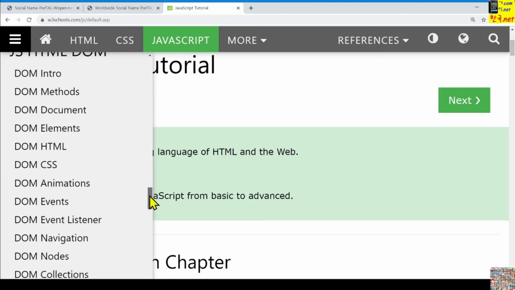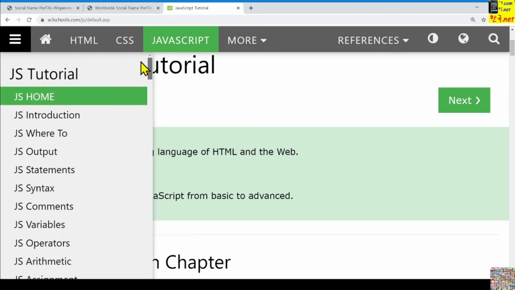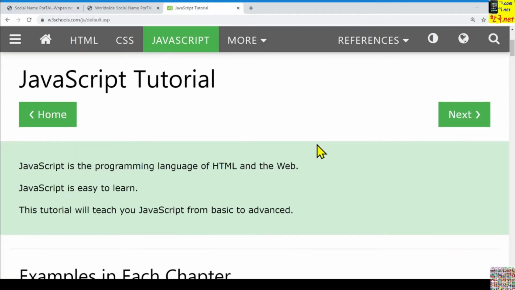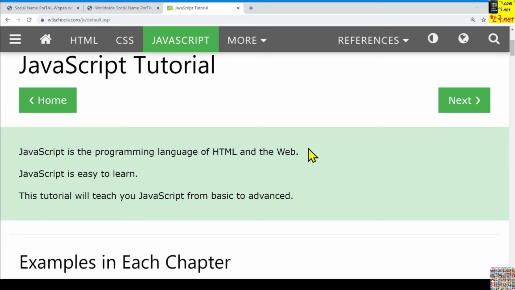Okay, let's start from the first chapter, this one. This one is introducing briefly the structure of this tutorial. It is very similar to the other tutorial structure, HTML, as we learned already. Very similar, and that is repeating again about the structure. Very similar to the CSS structure also.